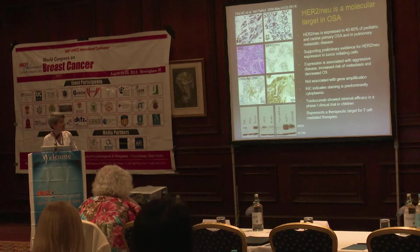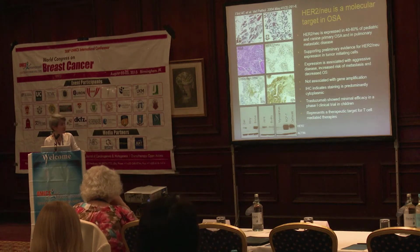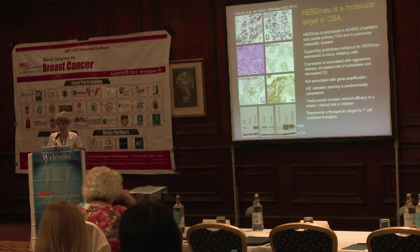And again, this just outlines this concept of mainly cytoplasmic expression compared to carcinomas like breast, and in this case transitional cell, where HER2 is much more membranous. And then we have a Western blot here demonstrating expression in certain dogs, and expression in the mammary carcinoma cell line and a canine mammary carcinoma cell line. And we do see expression in the myocardium. It's not well depicted here, but it has been described in the literature that myocardium expresses HER2/neu